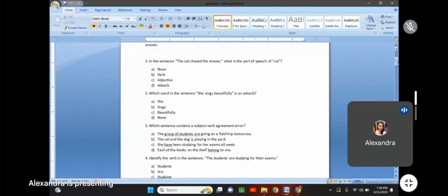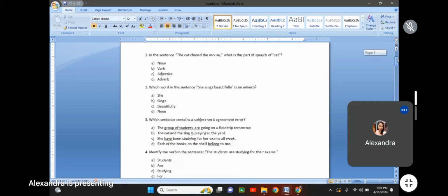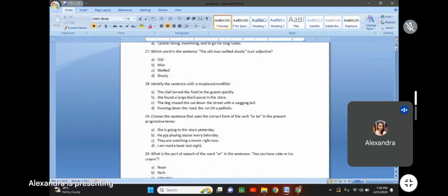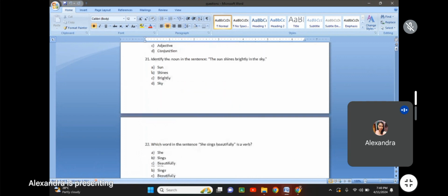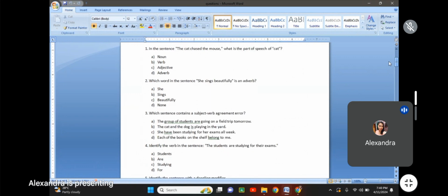For understanding, we have 10 questions, which are numbers 2, 6, 8, 12, 13, 15, 20, 22, 24, and 26. For analyzing, we have 5 total items, which are 3, 5, 16, 18, and 23. For applying, we only have one, number 19. For evaluating, we have 3 questions, numbers 9, 10, and 28. For creating, we have no question.